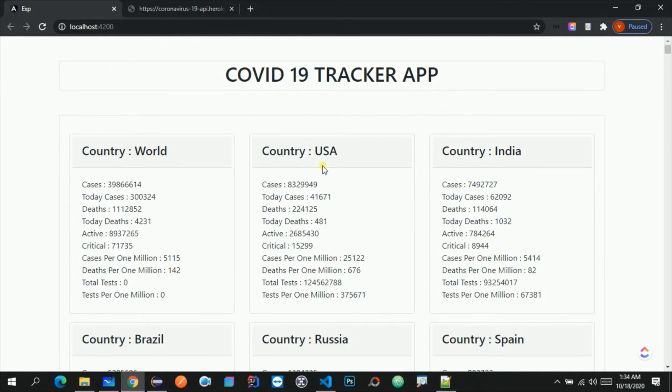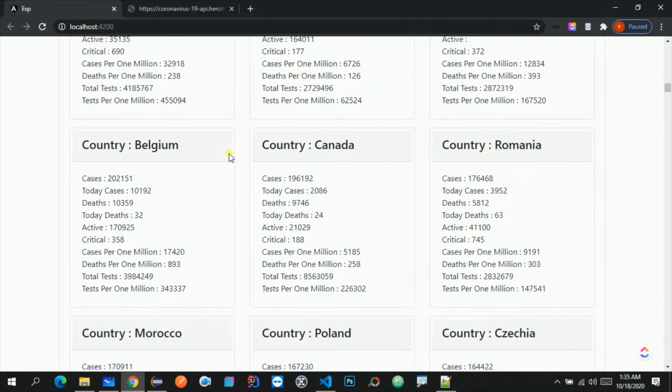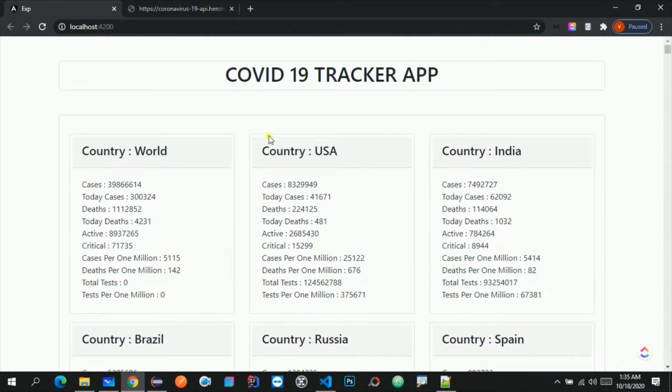In this video we are going to see how to create a basic COVID-19 tracker app from scratch. If you want to get information about overall worldwide and country-wise, then you can watch this video and create this app so that you will get all the ideas in one shot. So let's see how to do this.